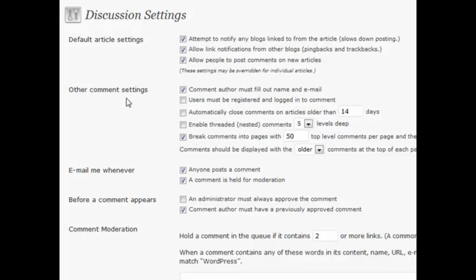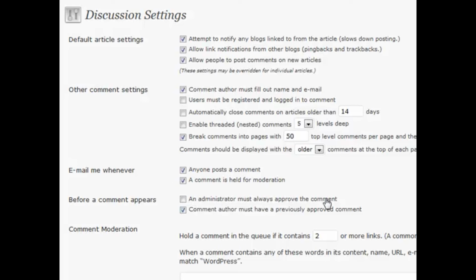Okay, discussion settings. Discussion settings is actually all of your comment moderation and your commenting settings. We're not going to go over every single one of these here because a lot of them are very self-explanatory, but we're going to go over a couple of things in here. First of all, the one thing I do want to touch on is one of the very few things that they actually do not leave checked when you first install a blog,